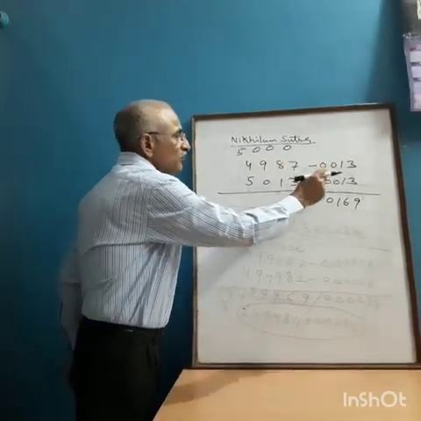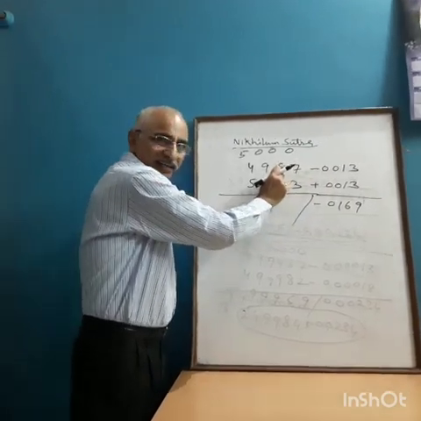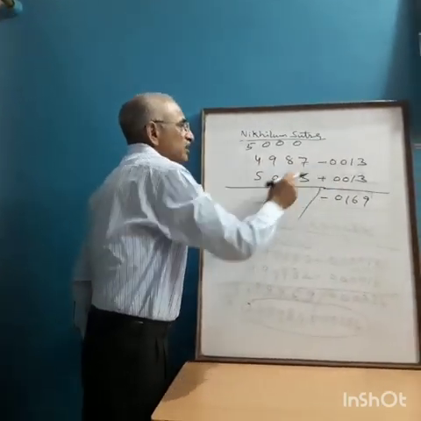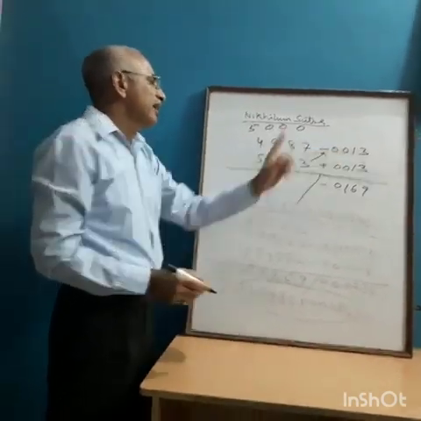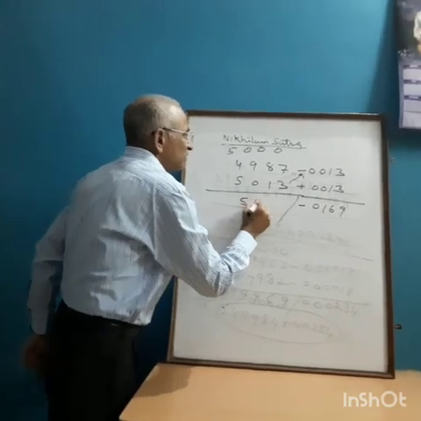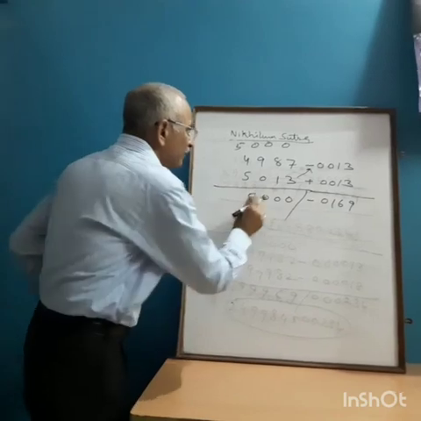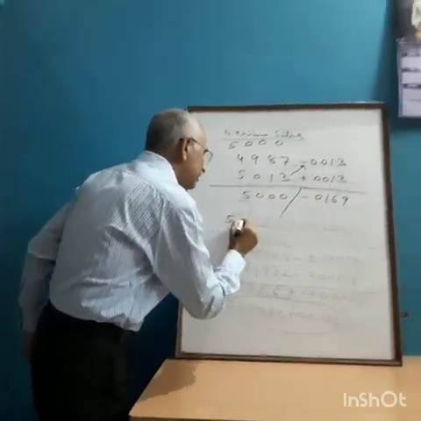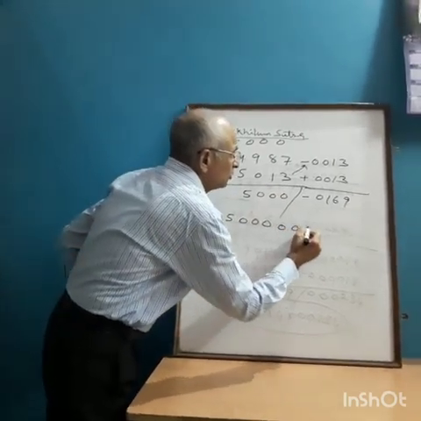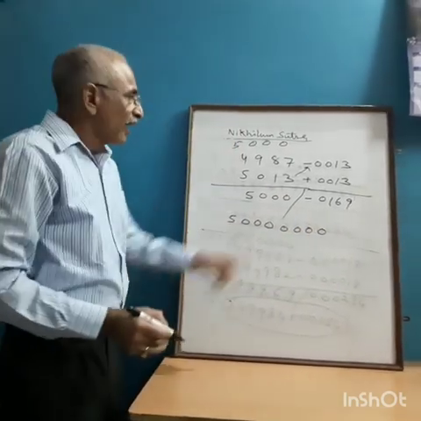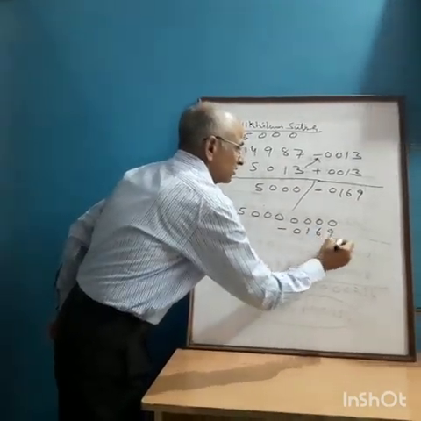Again, you have to do this. When you subtract, it means the positive sign is there. This figure should be added here, or when you cross like this, again from here you have to subtract. In that case, in every case, you will be able to get this one. Since this 5000 does not mean a simple 5000, this figure means 0000. And here this negative is there, it means 0169.